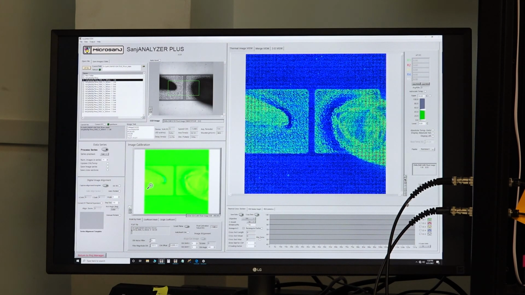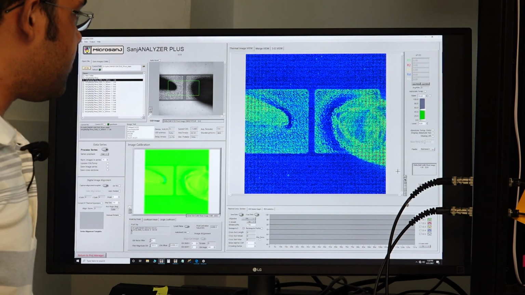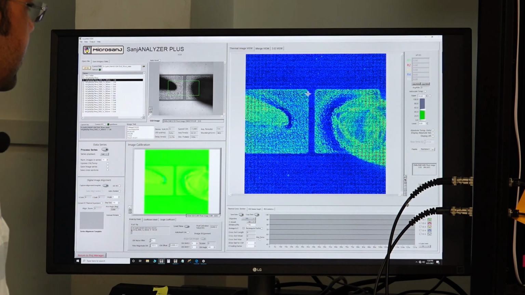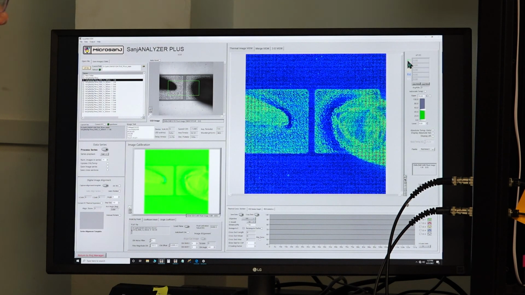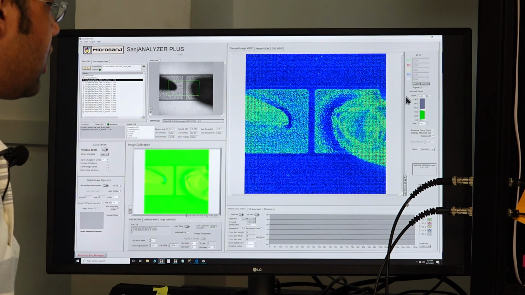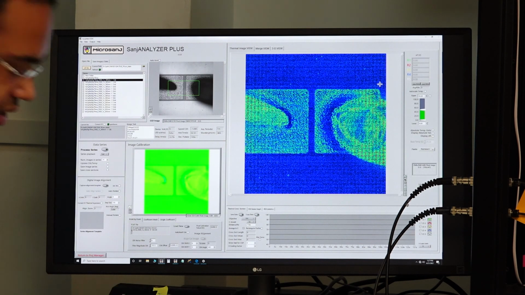So we noticed that the calibration file has aligned itself with the thermal image. And now this software has information for each and every point. It knows what is the thermoreflection coefficient, and it also knows what is the delta R by R. So now if we process the series, it can tell you what is the accurate temperature at a particular point. So to analyze the temperatures, we can select up to 5 regions of interest. In the right hand side corner we can select R1, R2, R3, R4, R5. Let us select one region of interest for the time being.